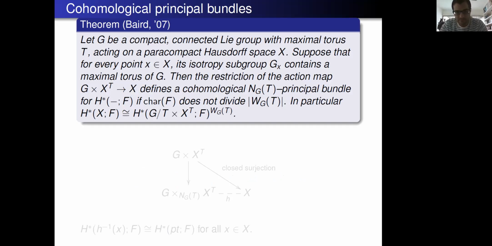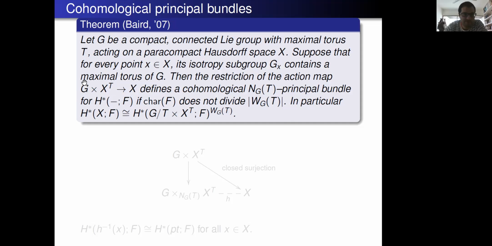Now, the main tool that is used in this paper is this theorem by Baer, which is in this work that I mentioned before, which is kind of general. If you have an action of a compact connected Lie group on a compact Hausdorff space, and the isotropy group of any point is what is called a maximal rank subgroup, that is, contains a maximal torus, then when you restrict the action to the fixed points,